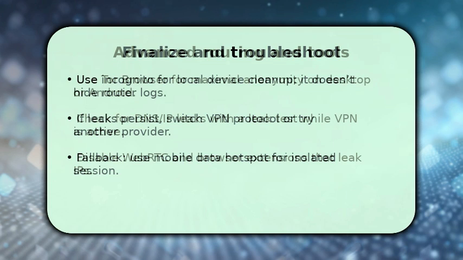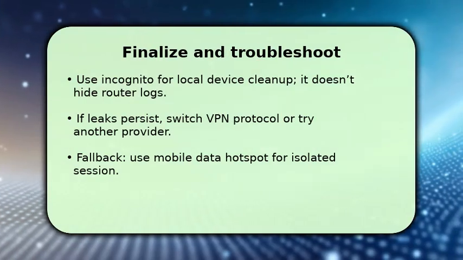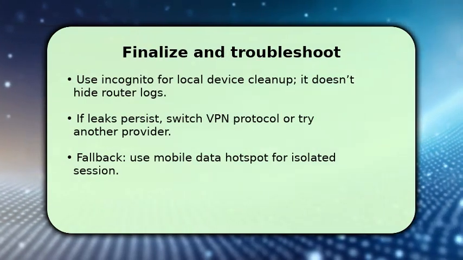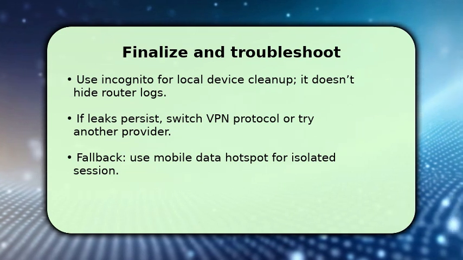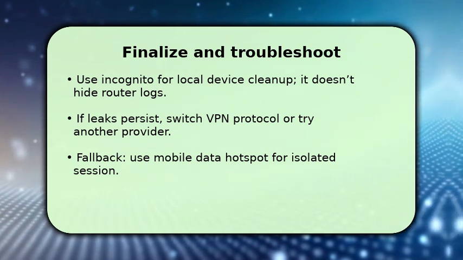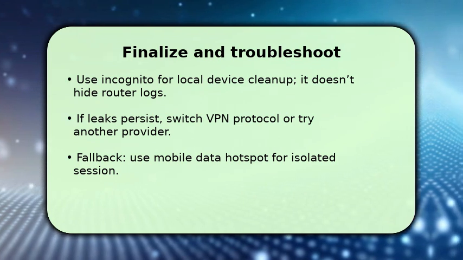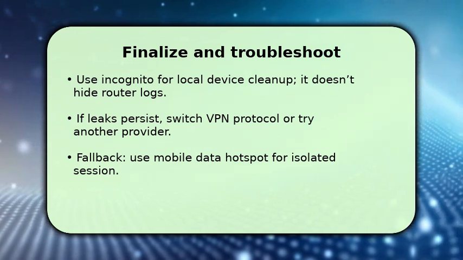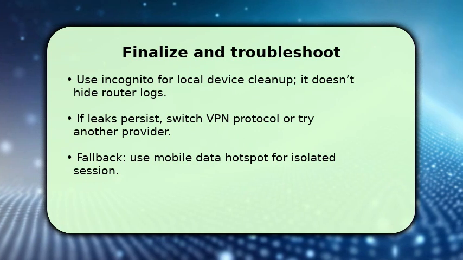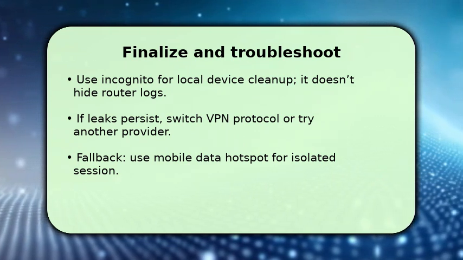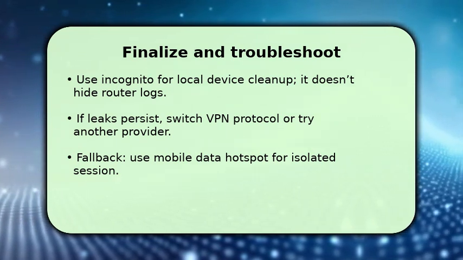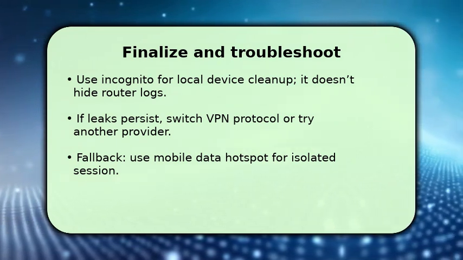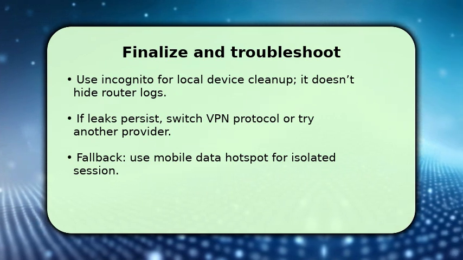Finish by clearing local history and using incognito to avoid stored pages, but remember incognito only affects your device, not router logs. If you still observe DNS/IP leaks, change the VPN protocol, WireGuard, OpenVPN, or switch providers. Poor apps can leak. As a troubleshooting tip, try a mobile data hotspot to confirm whether the Wi-Fi owner sees